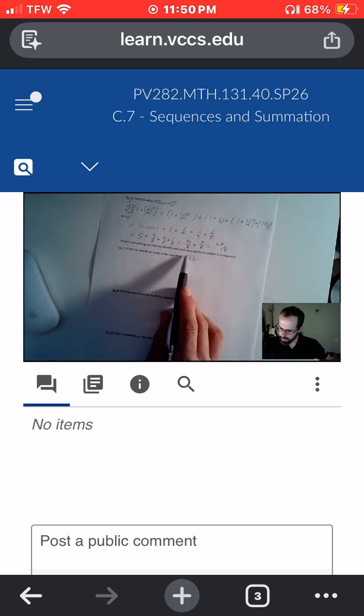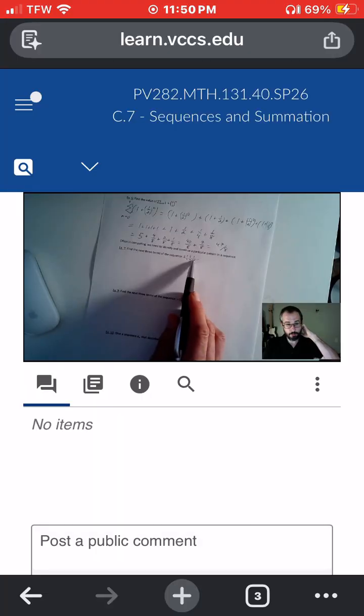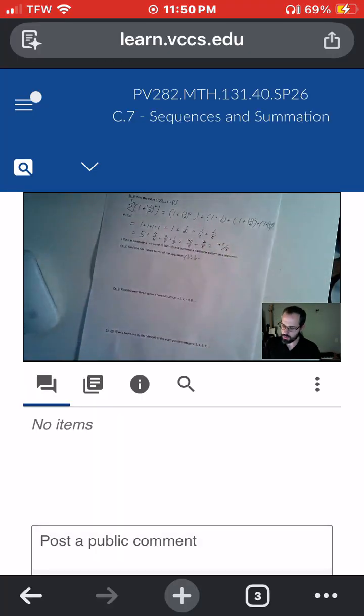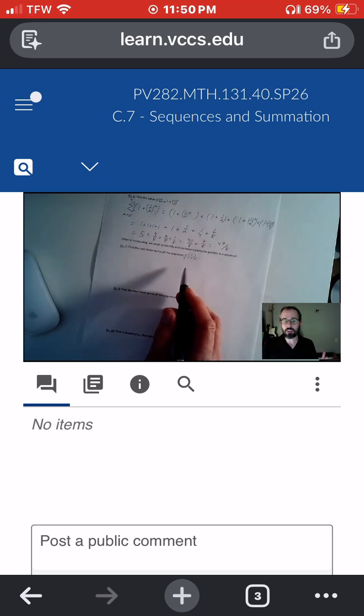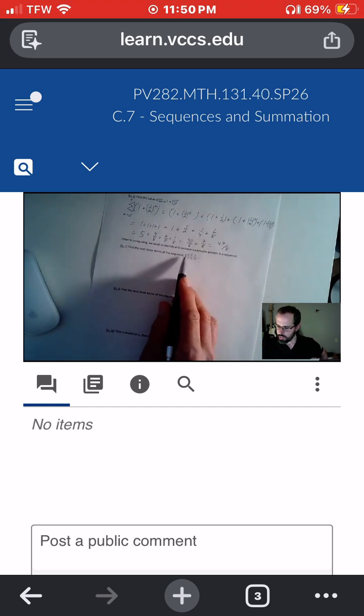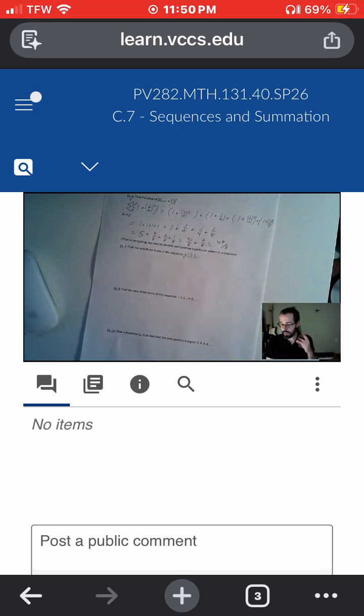You might notice the 2 seems to be common. I've got this 5, 9, 13. We can note it looks like that's going up by 4. And in fact, sometimes it's useful to rewrite a whole number as a fraction. A lot of times with sequences, leaving things in unsimplified form reveals a little bit more about these patterns. So once we realize that part, again assuming that this pattern is continuing,